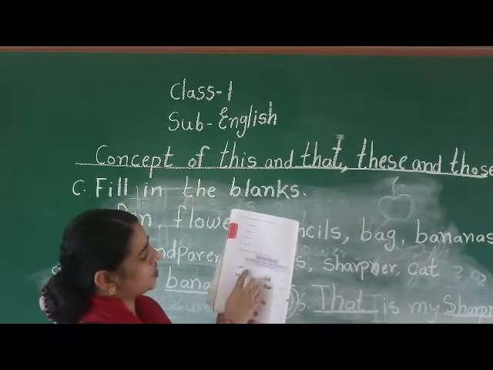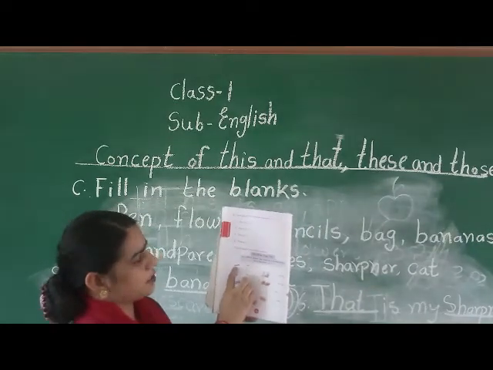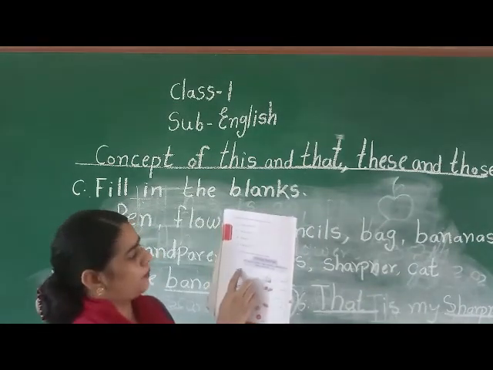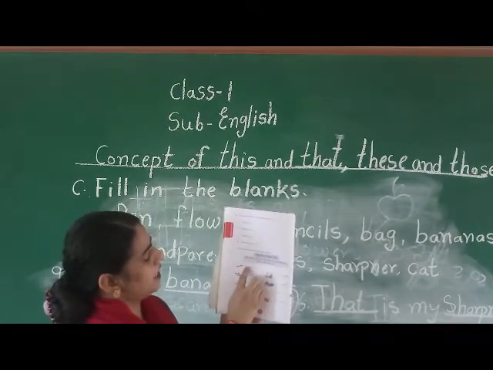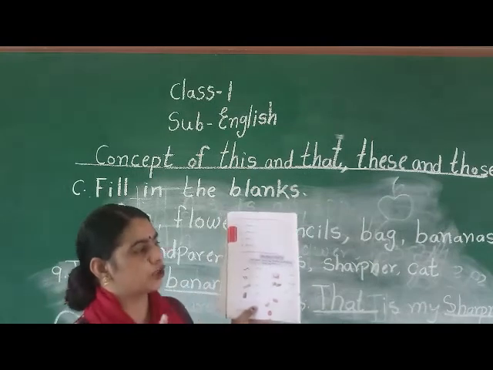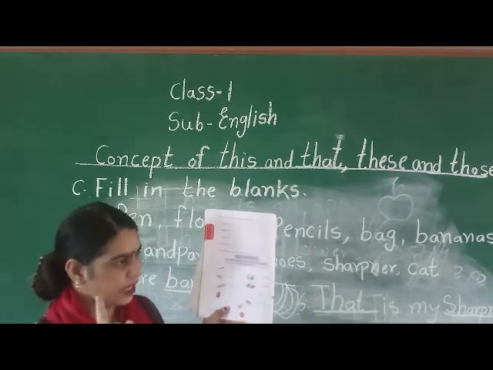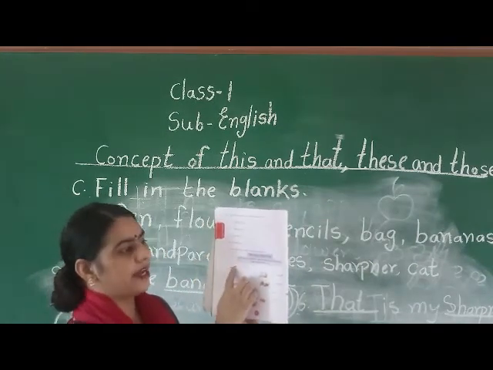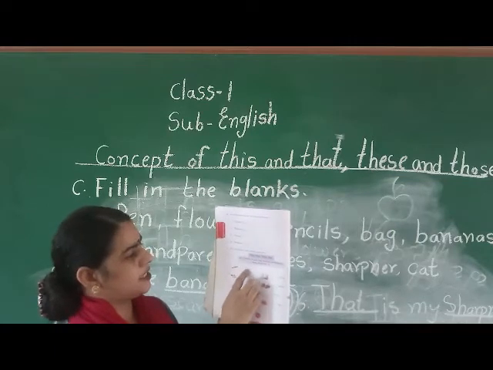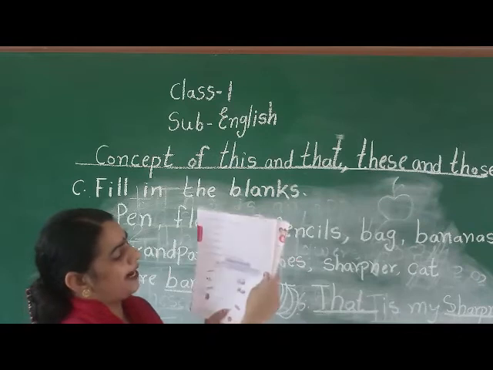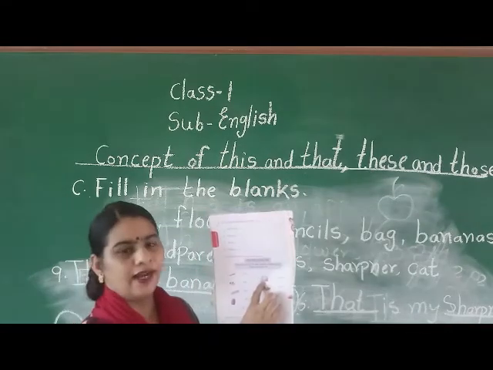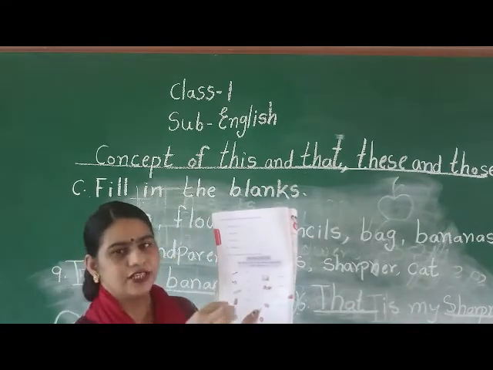Okay. So dash is a dash. So here is a pen, a picture of a pen. So spelling of a pen is P-E-N, pen. So this is a pen because the quantity of the pen is only 1 and it is nearby us. That's why we will write here this is a pen. Okay, on number 2, both grandparents are there, Dadima and Dadaji, or we can say Naniji or Nanaji.